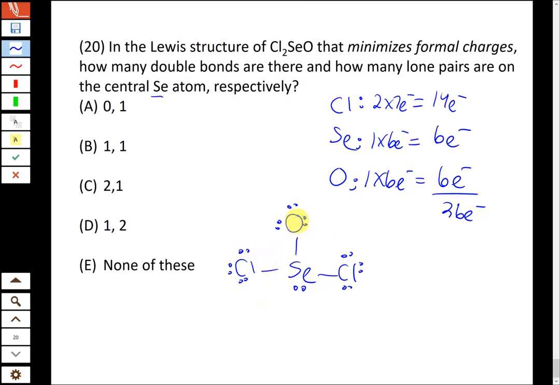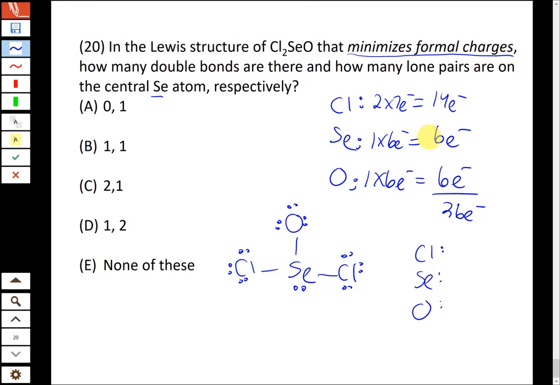We completed the octets deliberately for the outer atoms, and our central atom now has 2, 4, 6 from the bonds, and 2 from the lone pair. So if we asked you to draw the Lewis structure that obeys the octet rule, we would stop here. But we're looking for the structure that minimizes formal charges, so we need to go through and figure out what those are. So if we look at the formal charges in this molecule for chlorine, selenium, and oxygen,